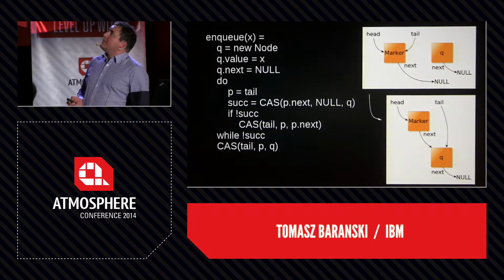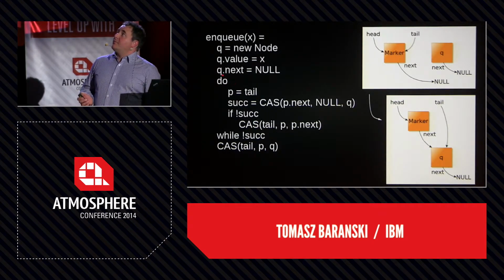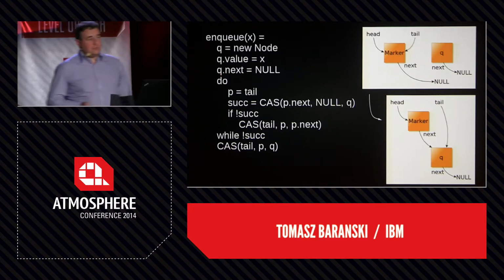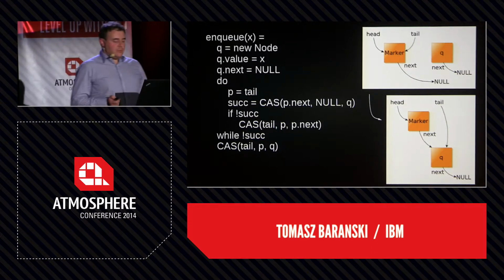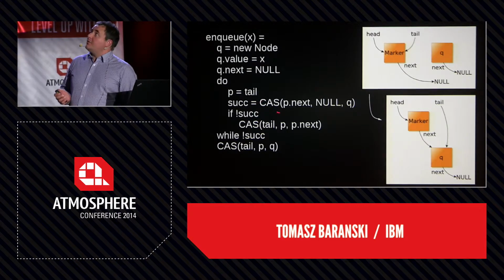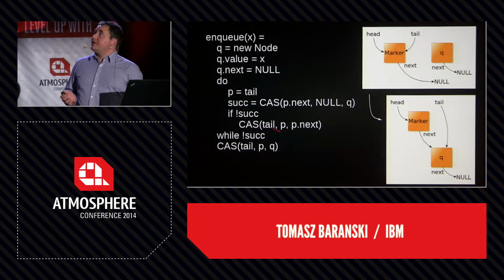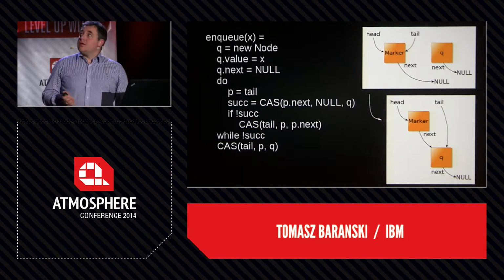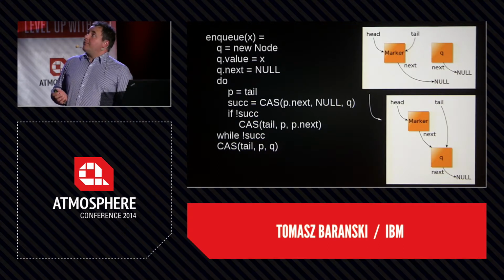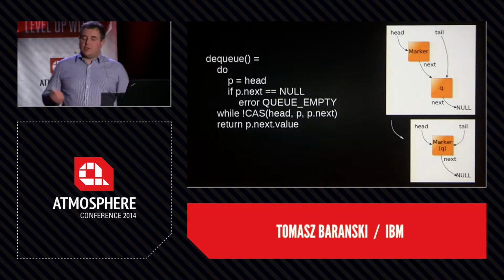Or maybe let me go back and try to summarize this in plain English. The whole loop tries to find the true tail of the queue, right? If we can't do this, we're not on the true tail because somebody changed it in the meantime, and we need to update the whole queue for it to be consistent again. And if we succeed, we just leave the code. Okay, dequeuing.